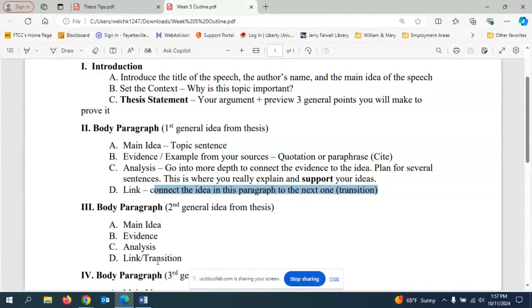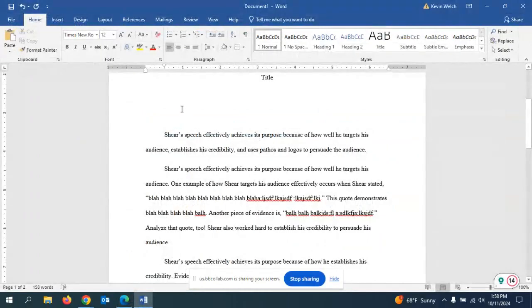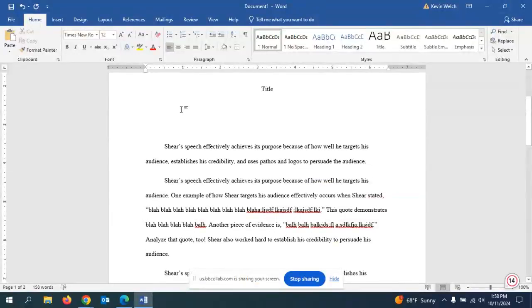And then it becomes much easier now that I know what my paper is about and the sort of stuff that I've said in my paper. It's much easier for me to go back and fill in the rest of the introduction. So in my introduction, I want to start by introducing the title of the speech, the author's name, and the main idea of the speech. So I'm going to start my paper by saying something like,